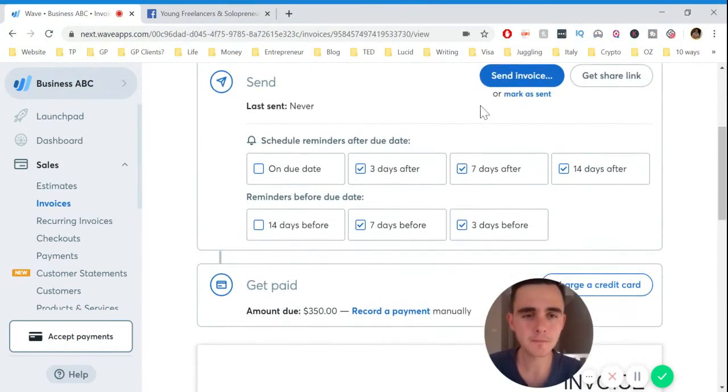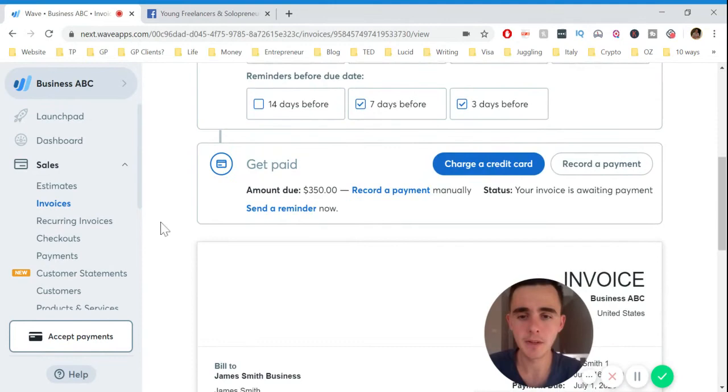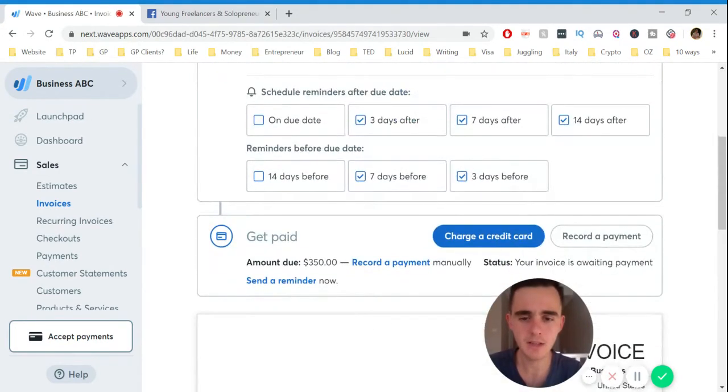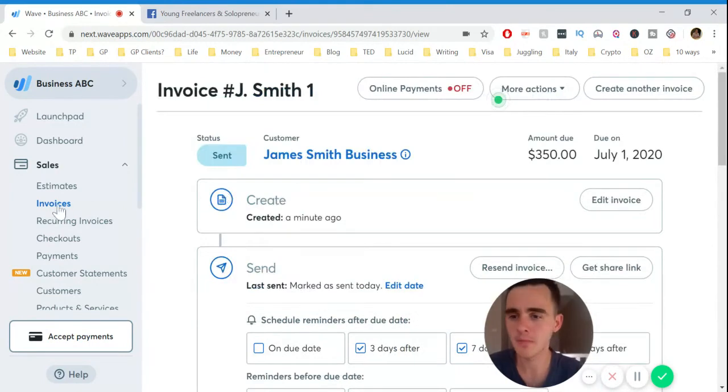Once it's sent, I'll just mark this as sent. Once it's sent, it'll come up like that, and you can record a payment in a second. You can do it this way. You can either record a payment here, or if you just click on invoices,